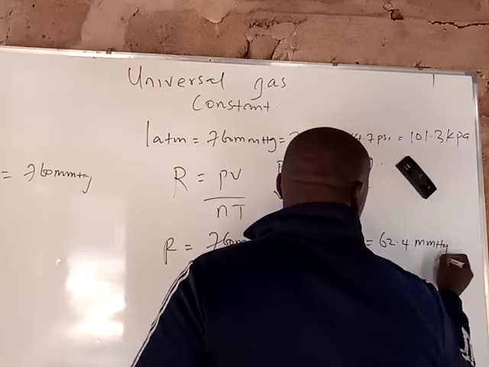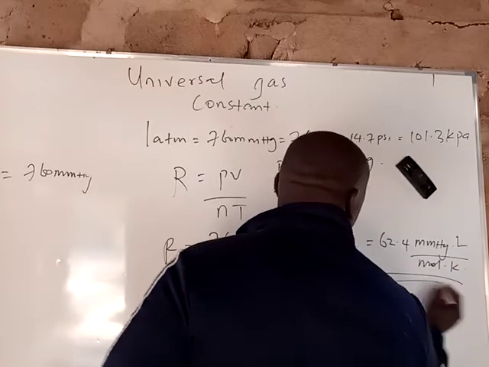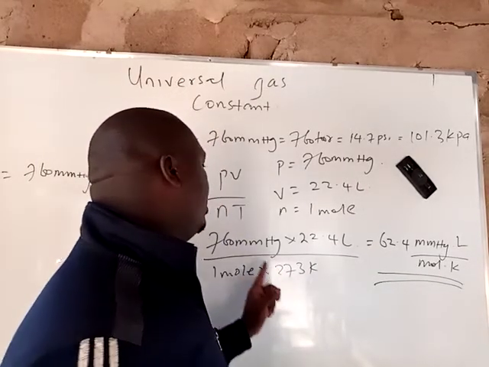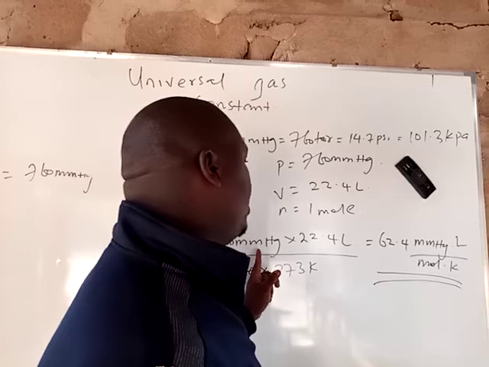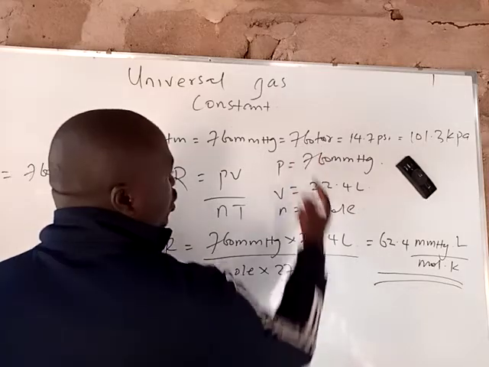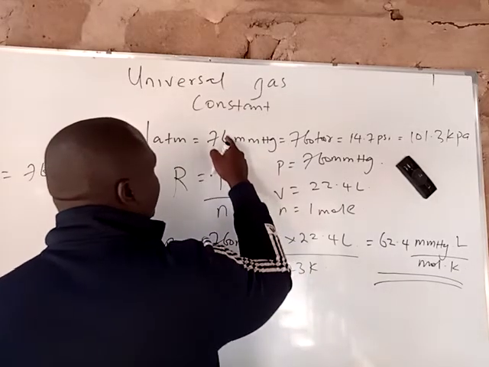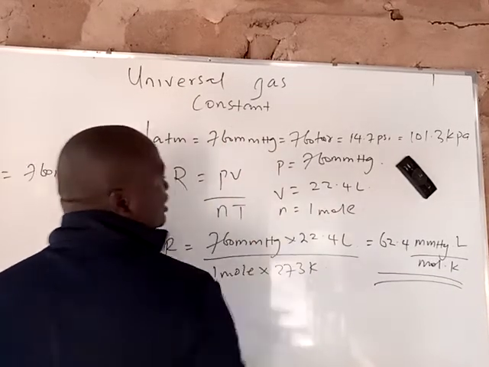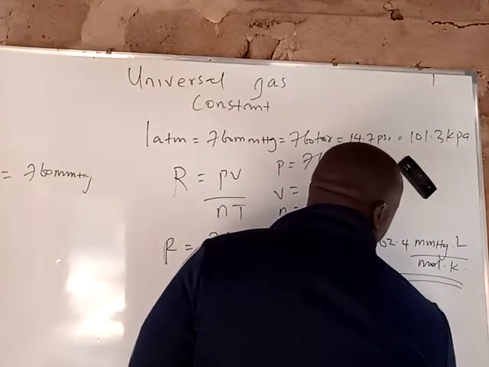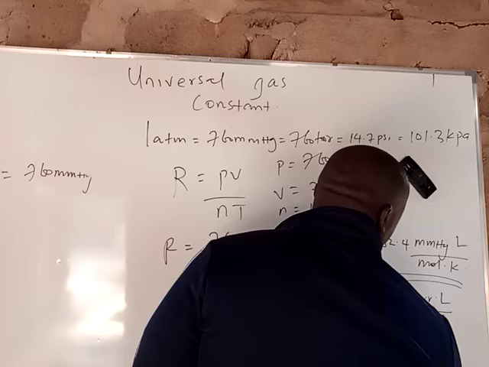millimeter of mercury dot liters all over mole dot Kelvin. Please note that you only use this value of R if under ideal gas you are solving and your pressure is in millimeter of mercury and the volume is in liters. Remember, if the pressure is in torrs, you will get the same answer because 760 torrs is also equal to 760 millimeter of mercury under 1 atm. So if you are using your pressure in torrs, you should also get 62.4 torr dot liter all over